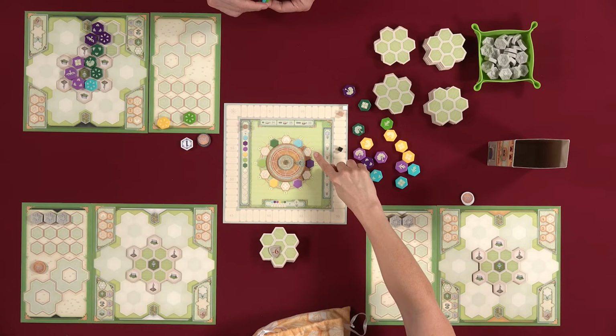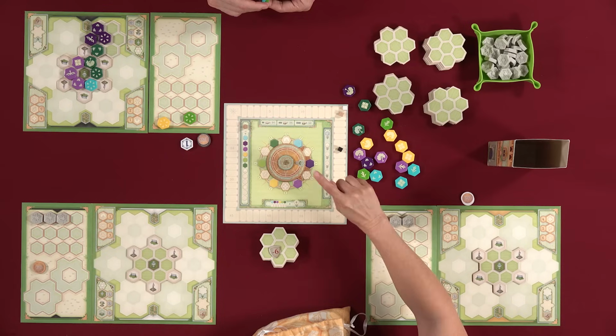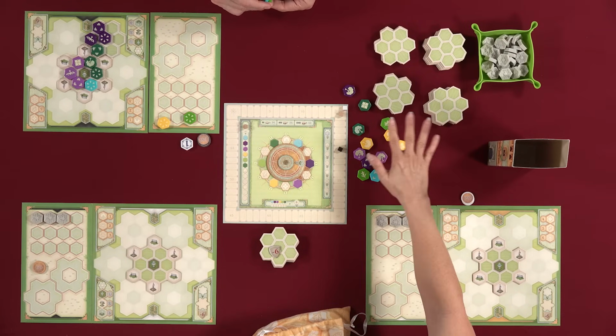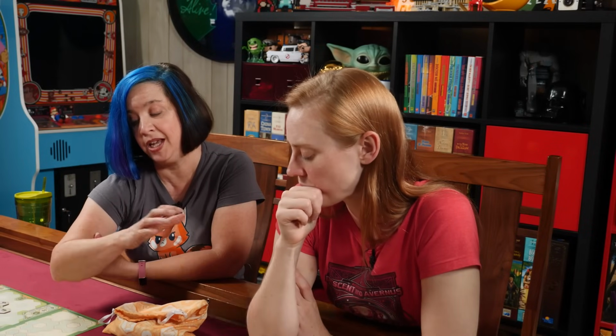And the birds will be 1 point, the dark purples will be 1 point, the butterflies will be 2 points each. So that's 6 points for those. Okay. So then we do this 4 times, and then at the end of the game scoring,